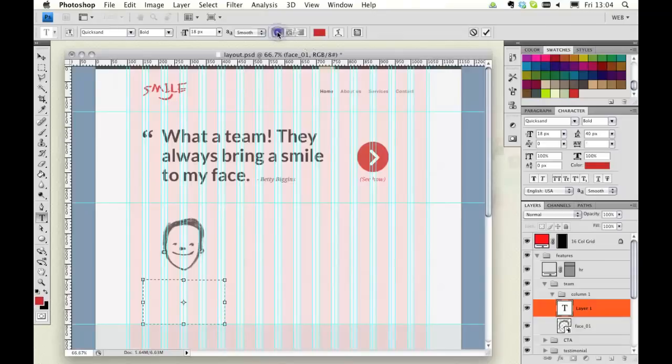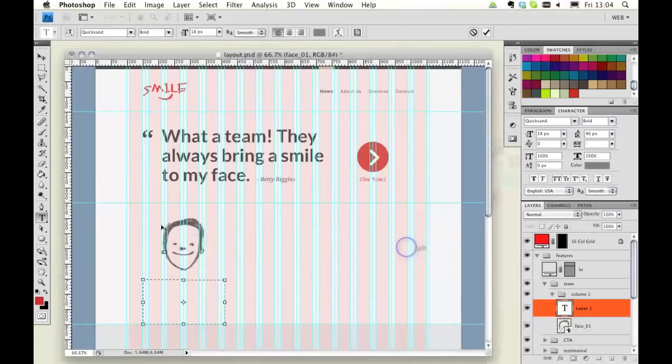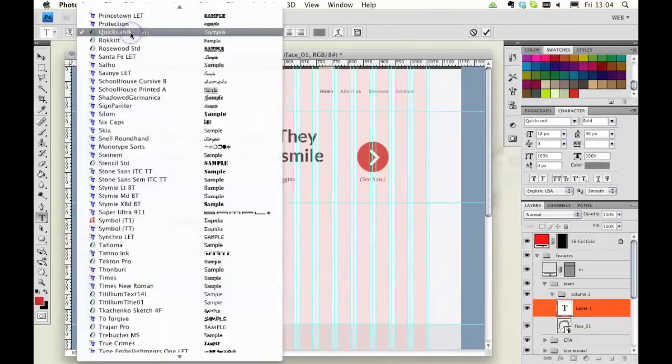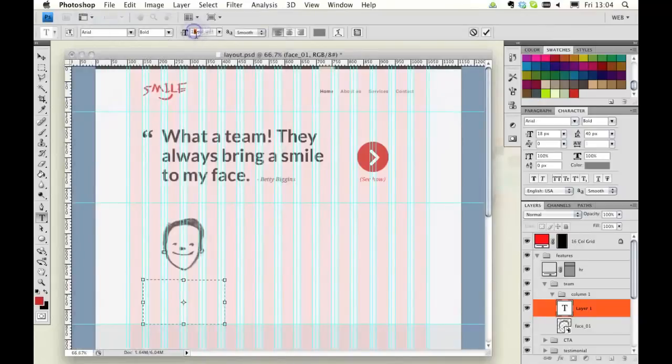It wants actually to be left aligned, dark grey colour, and it's going to be just Arial for the body text as we discussed at 14 points, and obviously just regular. We're also going to make sure that that's got a fairly normal,